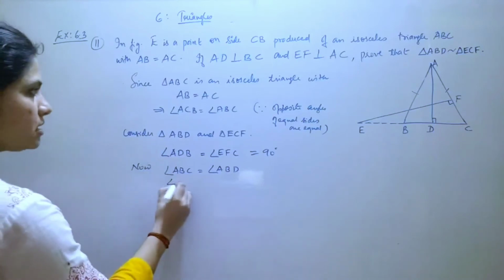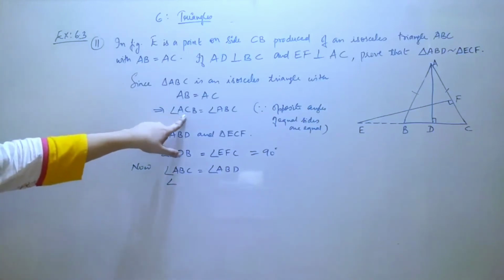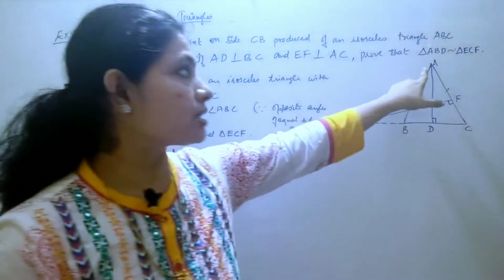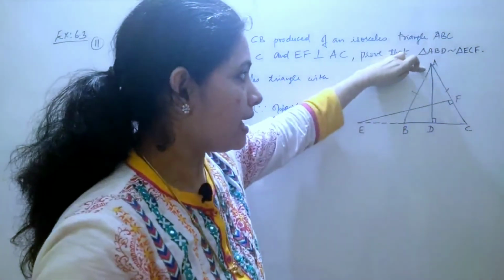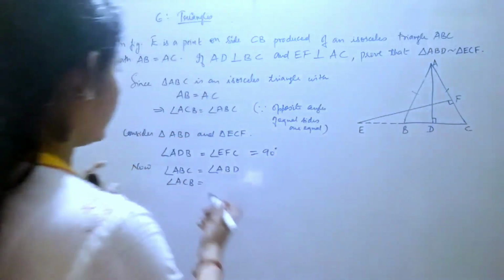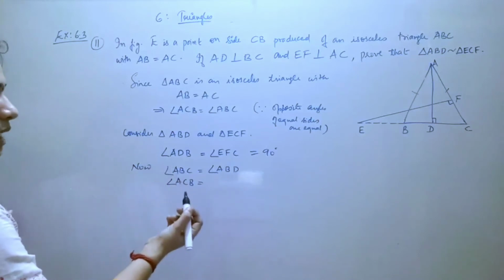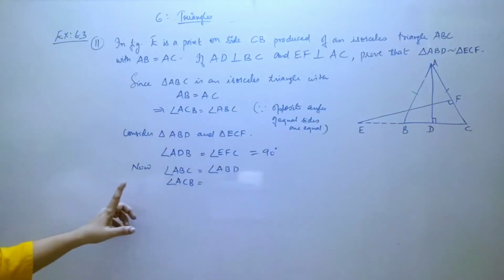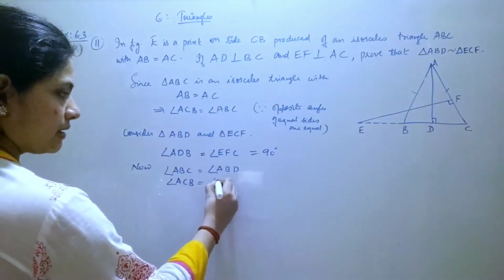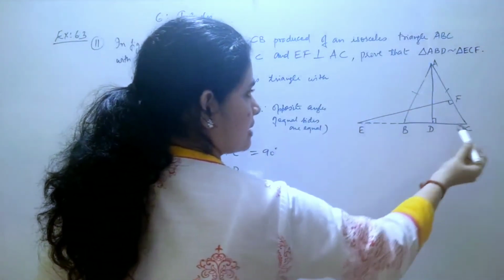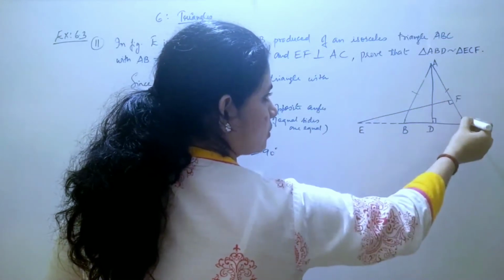Okay, and ACB is same as... ACB means you have to extend this to this triangle. Okay, ACB should be extended to this triangle, means how you will write. When you are writing ACB, you have to write it as angle ECF, right? You just see ACB and ECF will both giving you this angle.